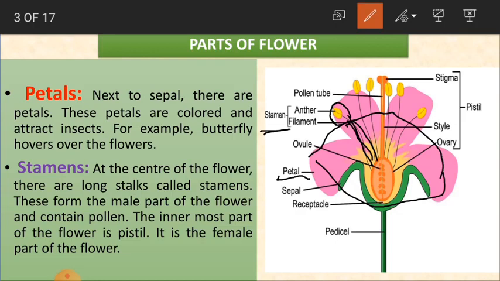What is this part? These form the male part of the flower and contain pollen. This part, this stamen, what does it do? It is containing pollen. Pollen, it is containing, you will be seeing like a small